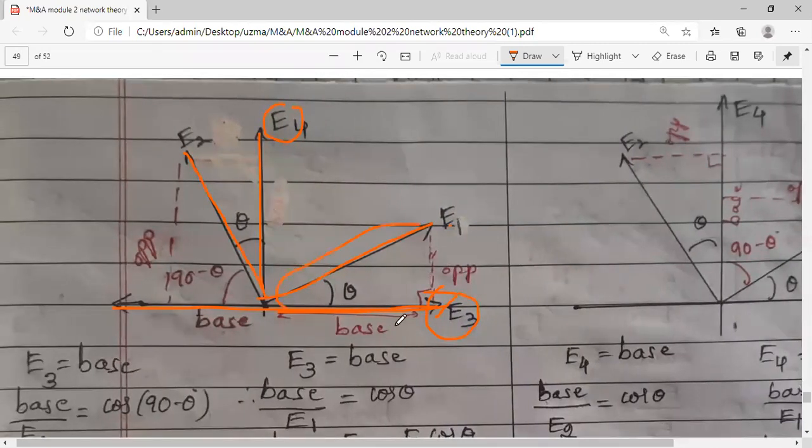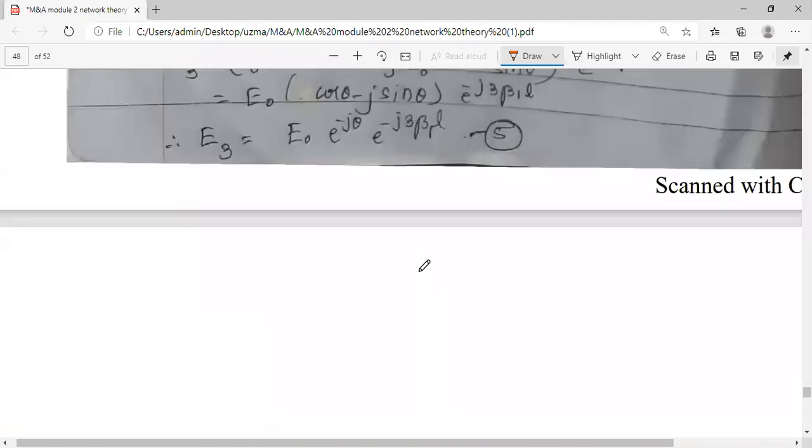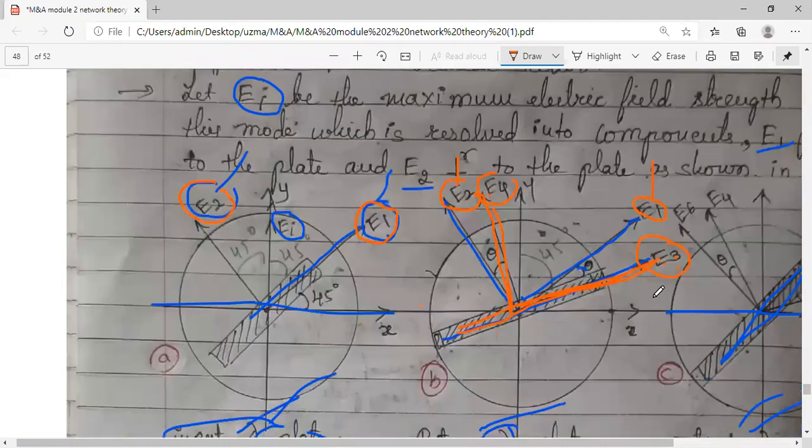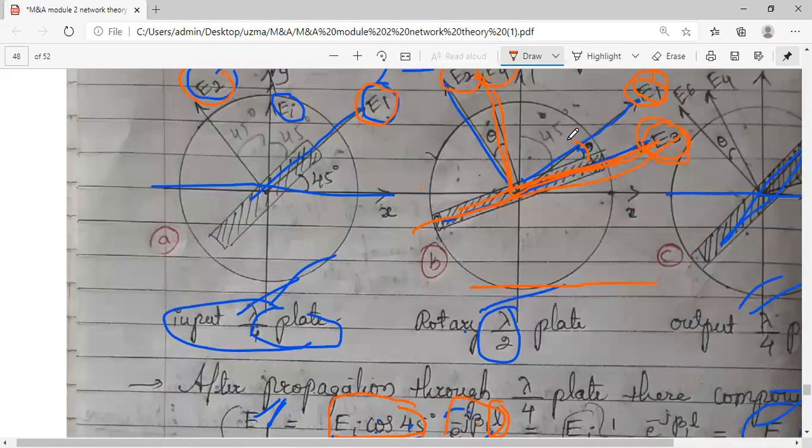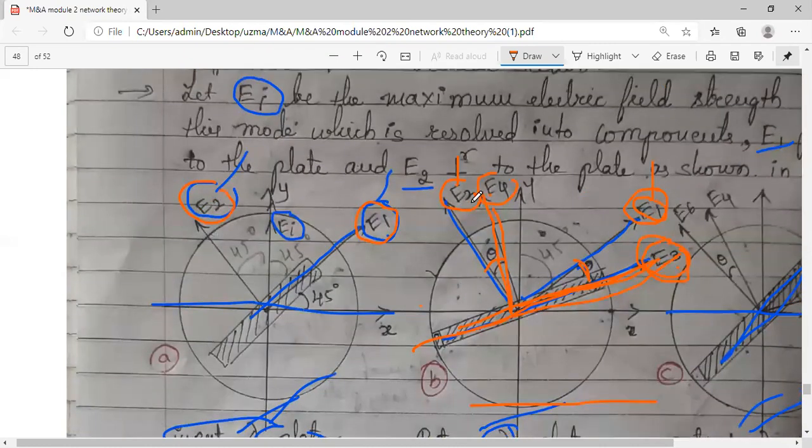So for that, observe this triangle. Okay, this is theta in your figure. You can see, what is the angle between E3 and E1? It is theta. You have E3 and E1, in between them theta is the angle. Okay, so I have taken this as the base, drawn it horizontal like this, that's it. If this is your angle theta, even this is your angle theta, try to apply mathematics.